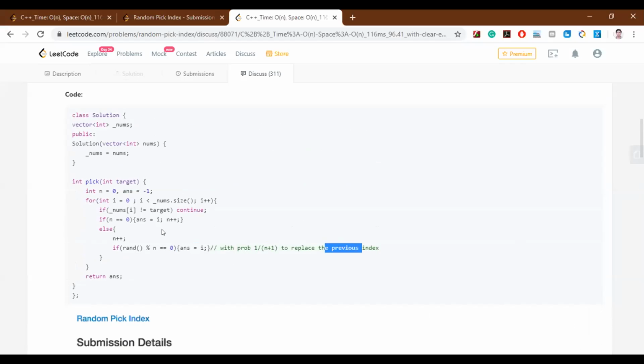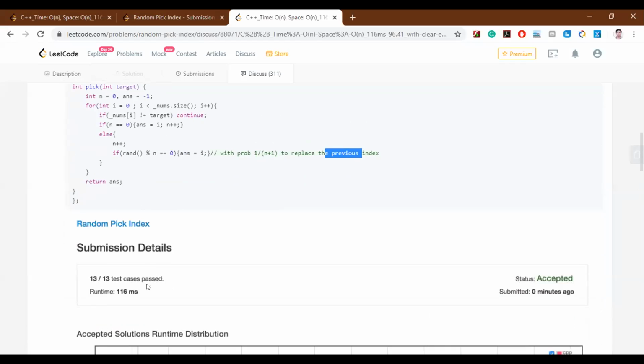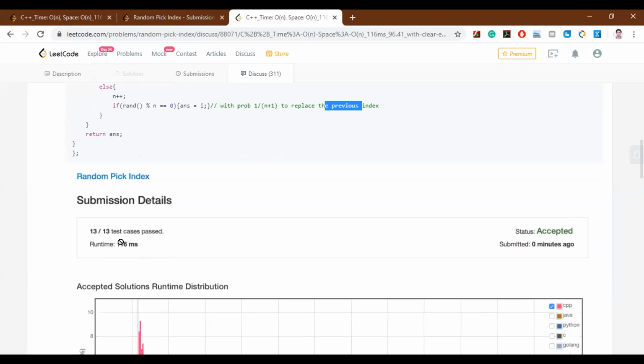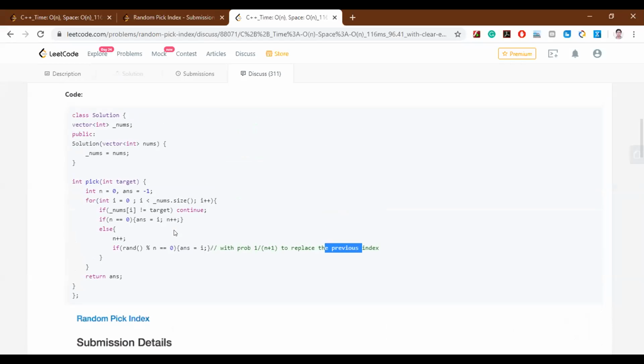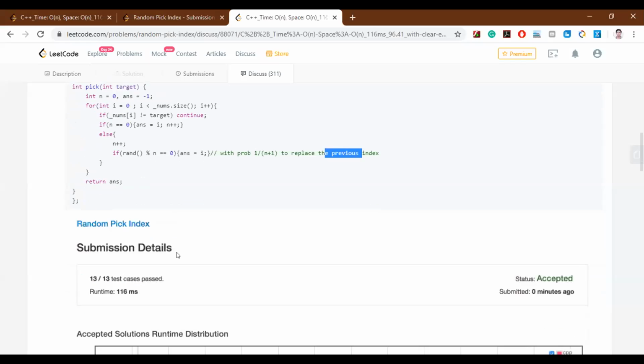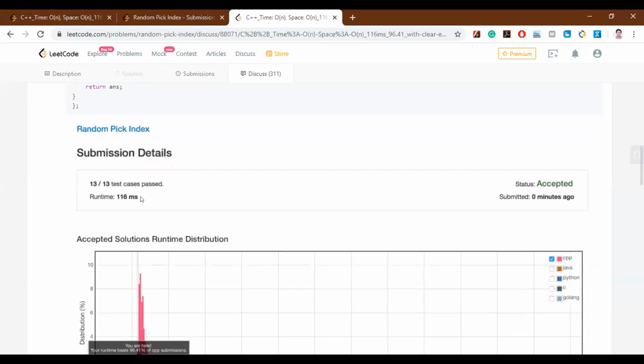So in spite of using an unordered map also, he's getting much better numbers? I'm getting 128 milliseconds, and he is getting 160 milliseconds. How much are you getting, you said? 128. You are also good.